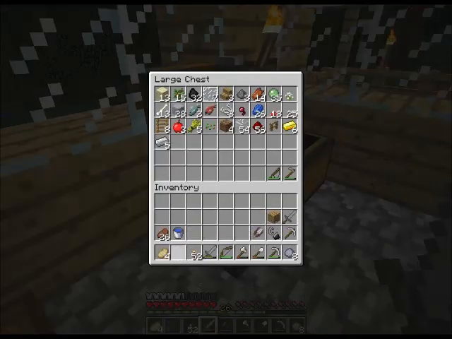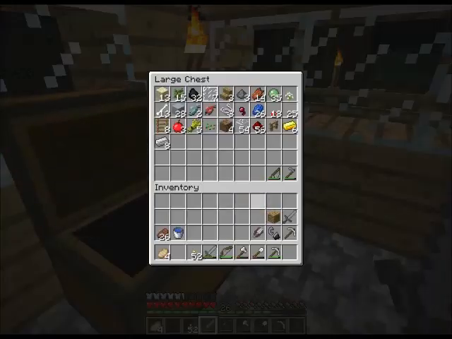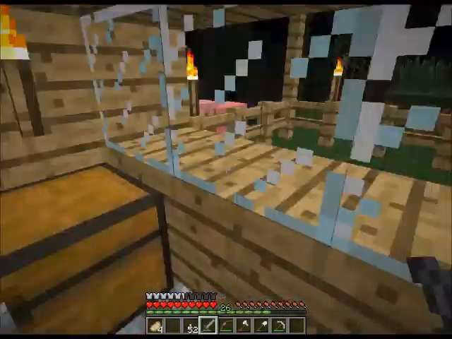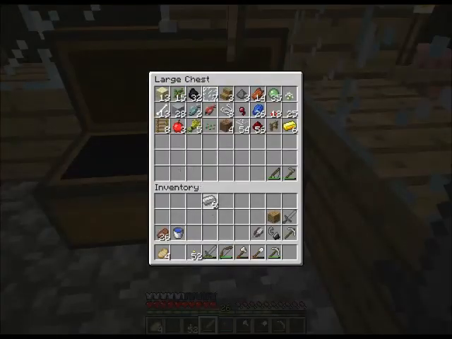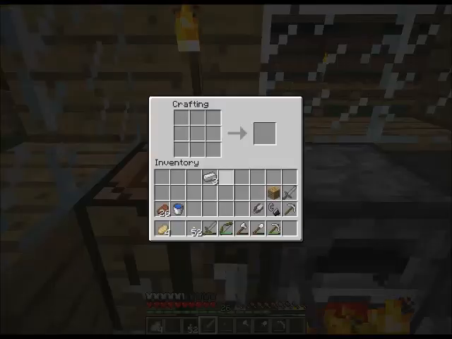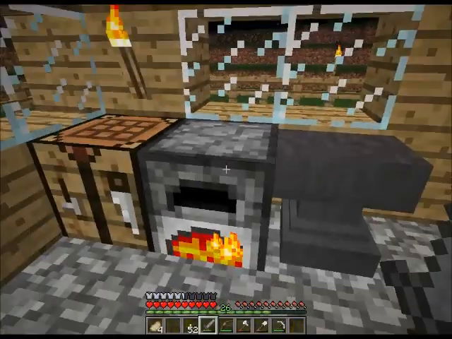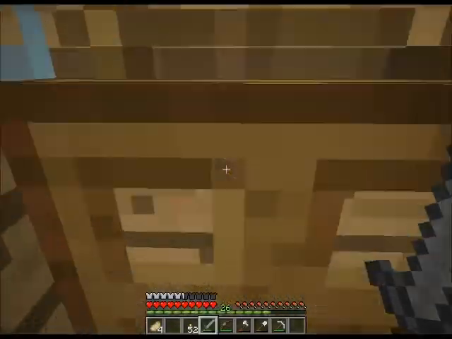Let's see, 8. Okay. It'll be nice to make a flower pot. Oh yeah, I'm gonna need another. Oh wait. Okay, good. I do have another bucket for me. So that's a pig. Anyways, I'll make one of these for the lava process. I'm going to need